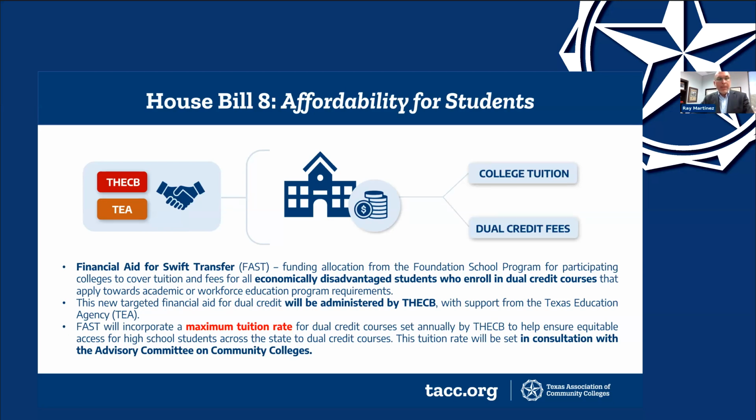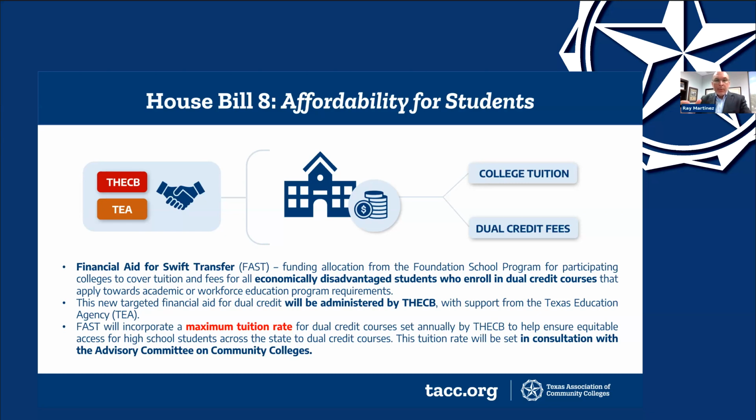As the second bullet here indicates, the coordinating board will set a maximum tuition rate for dual credit courses. This will be done by the coordinating board this summer. In fact, it's one of the priorities right now for the rulemaking process that Elizabeth will touch upon in a little bit more detail in just a second. But it would also be a rate that will be set or updated annually by the coordinating board. This tuition rate, as this slide indicates, will be done in close consultation with this new advisory committee